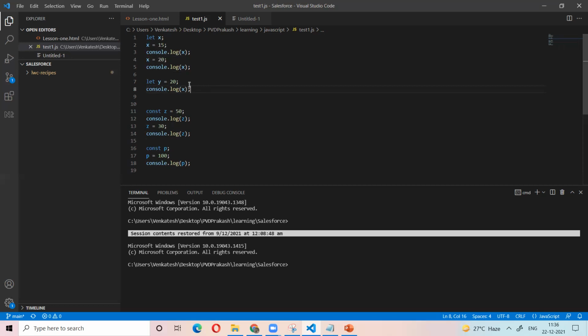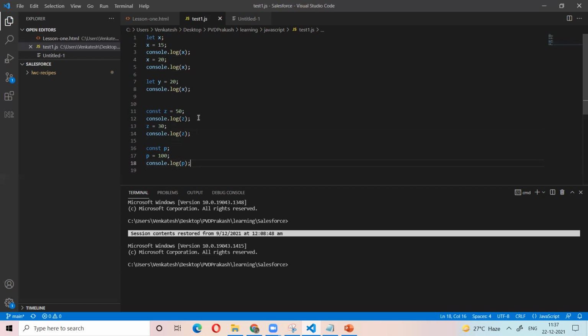If you assign a value to a variable, you can use it or not use it. That is not the problem. Okay. What is the output in the 12th line? Error. 50 and 30? No, sir, we can't change the value of a constant. So it is only an error. Okay. What is the output here?